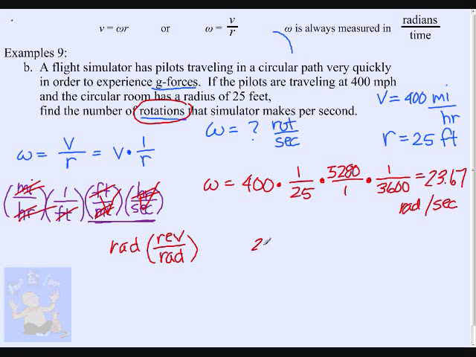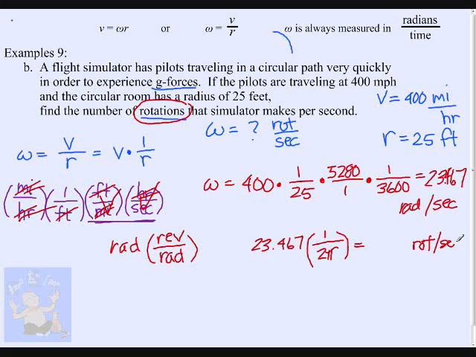So my 23 point, oh, I wrote that wrong. It was 23.67. My conversion factor is going to be 1 revolution per every 2 pi radians. And this will give me rotations